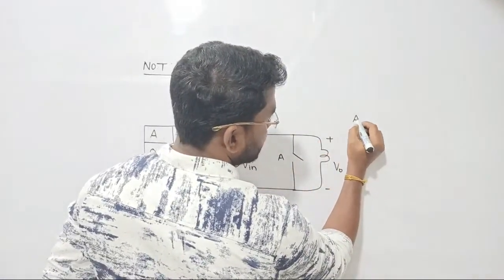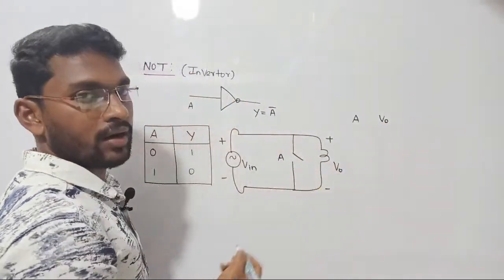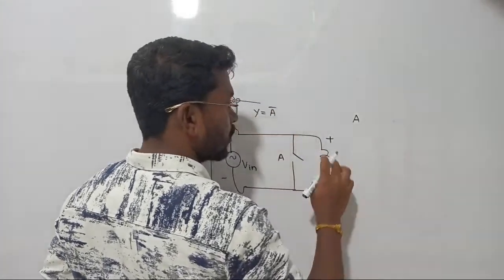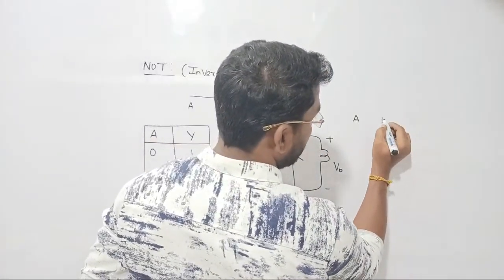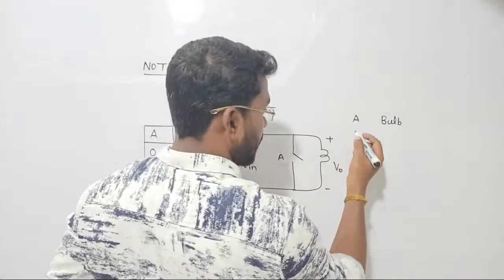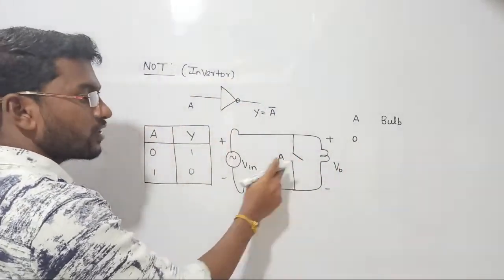So let us see, that is A, right? And your output is V0, or you can say the LED turns on and turns off, right? So we can also take the bulb as our output state. This is our output state, where let us consider bulb B, right? So let us just consider the bulb. Let's see what happened. Now if I am putting A equal to 0, it